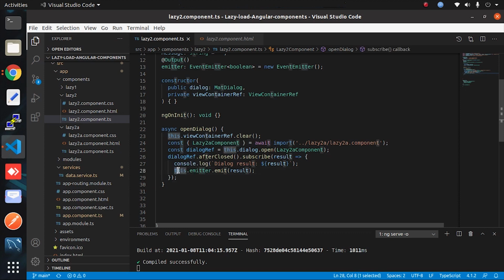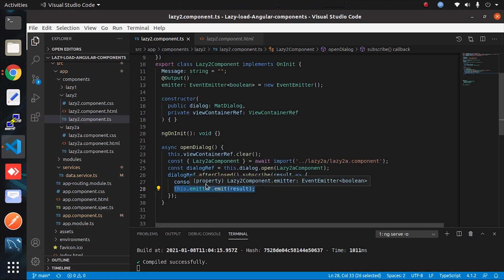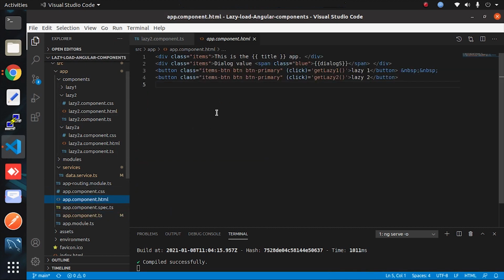Now the value which we get from the Angular Material dialog box is simply going to be emitted from this function, and it is going to be caught in the outer component, which is the app component, where the event emitter is subscribed, and in that I am simply holding that value in another variable and rendering it into the HTML. So hope you get it.